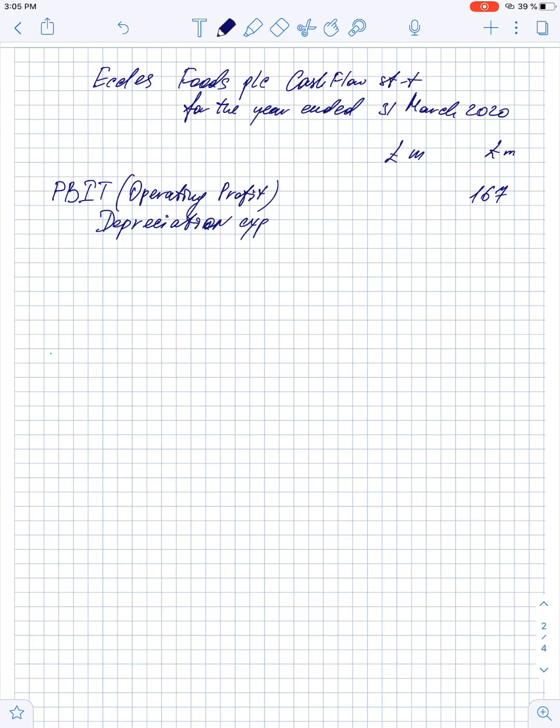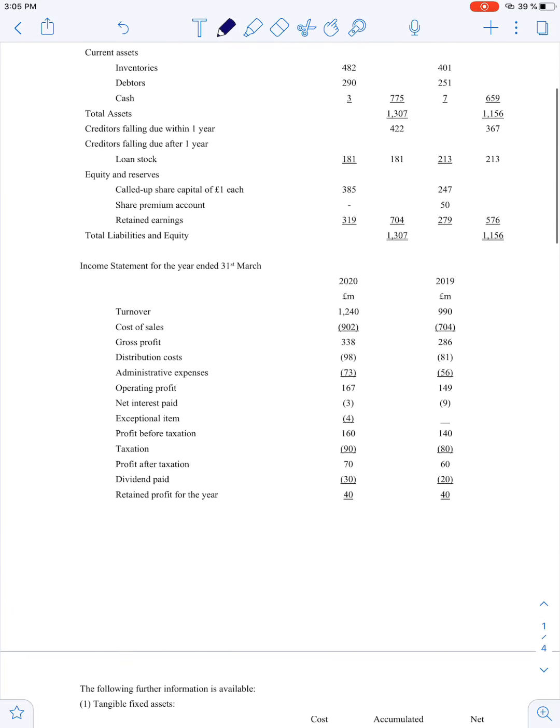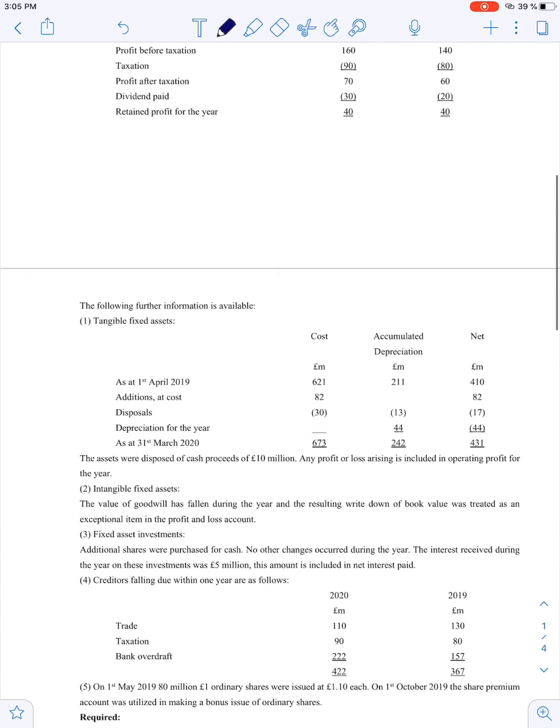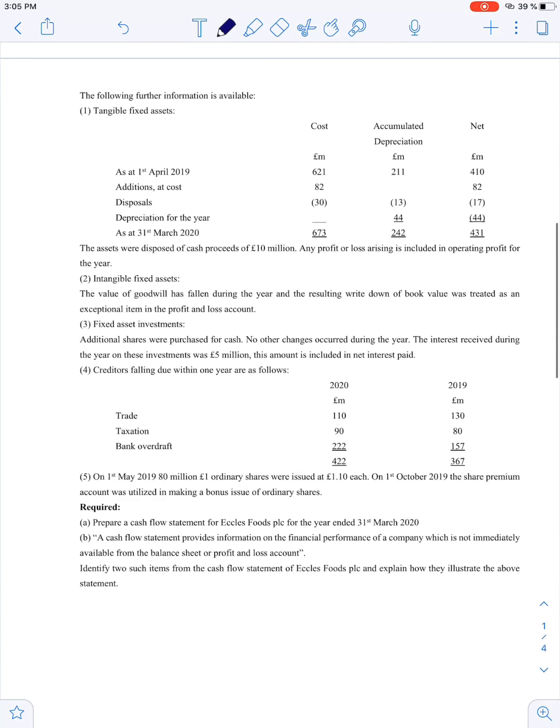Depreciation expense could be found either in the income statement or in special notes provided. So let's look at the income statement. Can we find the special line depreciation here? Can you see the depreciation expense here? I cannot see it, but I believe we can look at the notes, and we have the first note about